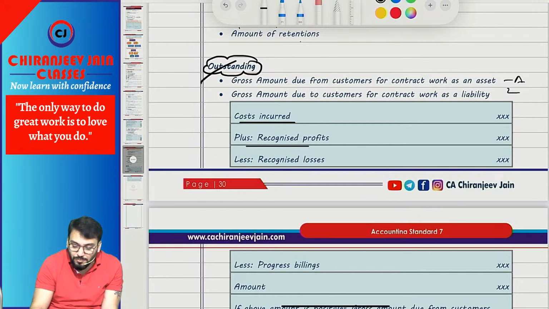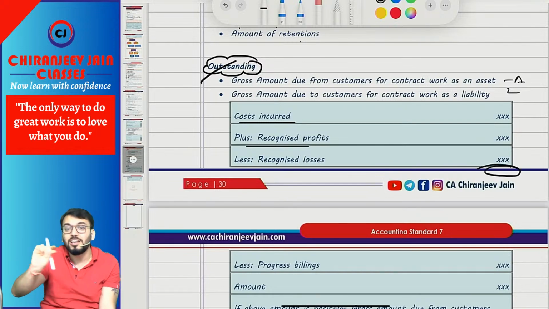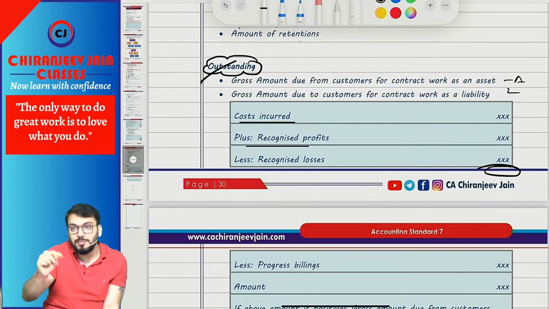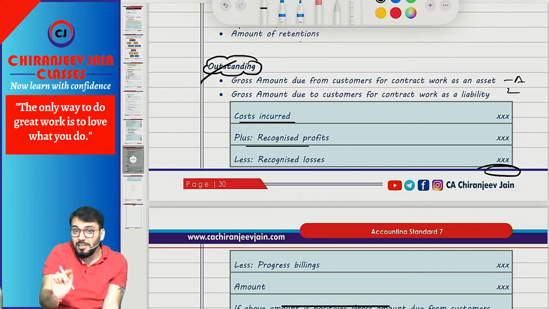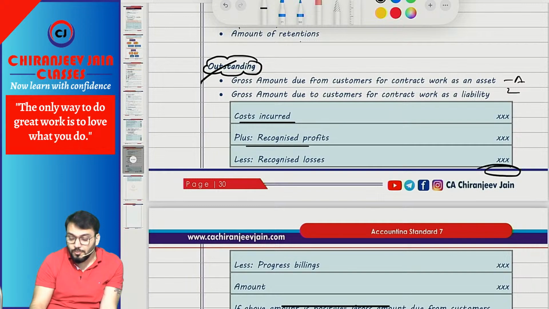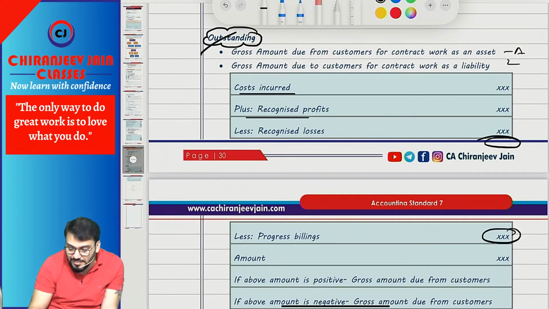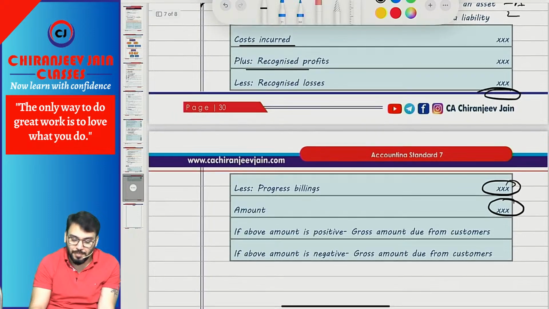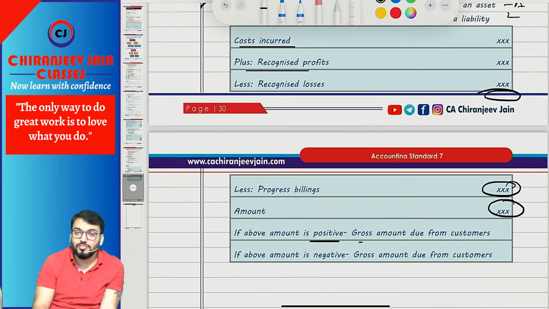From this amount, whatever amount you get, you deduct progress billing. Progress billing means the bill which has been raised, whether the amount has been received or not. Whatever bill amount has been raised depends upon the contract. So progress billing will be deducted, and this amount will be known as the amount which may be either due from customer or due to customer. If the amount is positive, it is due from customer. If the amount is negative, it is due